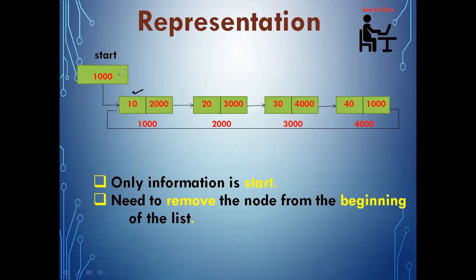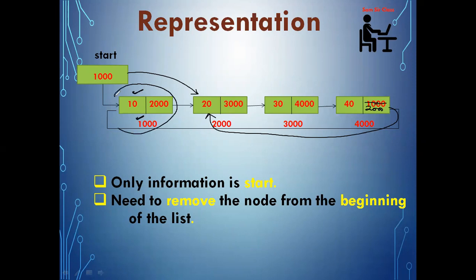So which node will be affected? First of all, start will be affected, which will point to the second node because this will become the first node. But again, this is up to single linked list. But in circular linked list, the last node's next part is also containing the address of what we will delete currently. So we also need to update here 2000, because my start will point to 2000. Okay, so I can delete this node by using the concept of single linked list, but also I need to